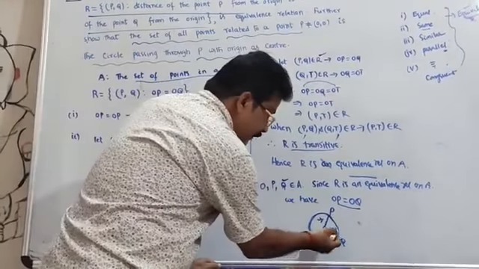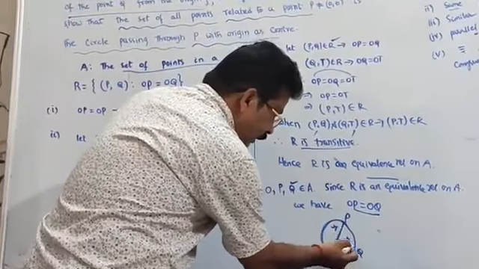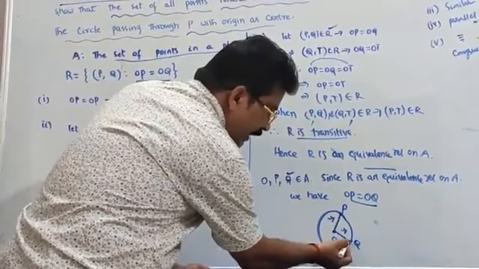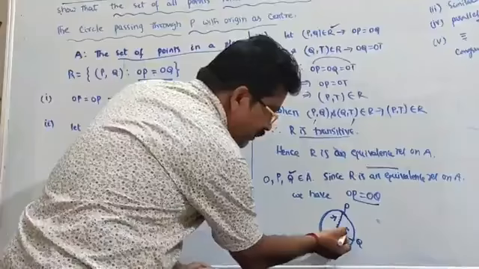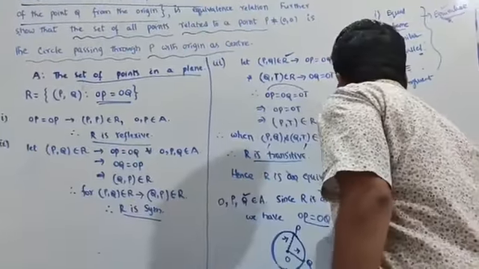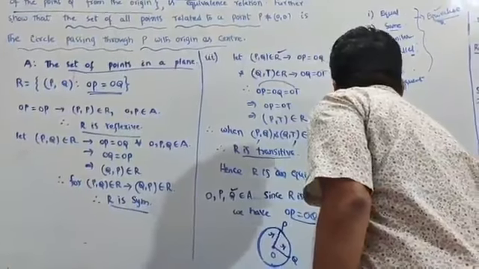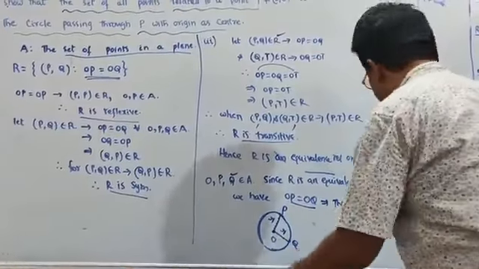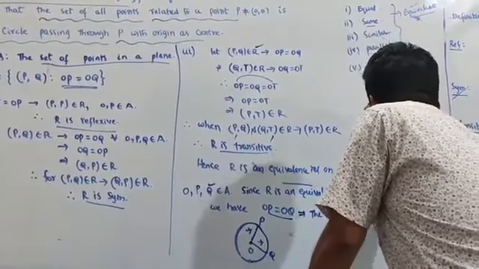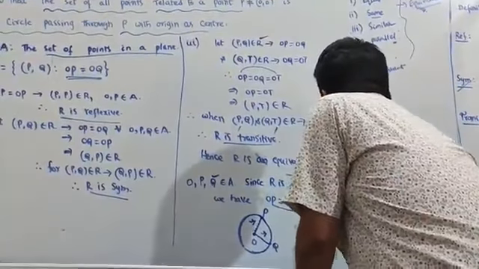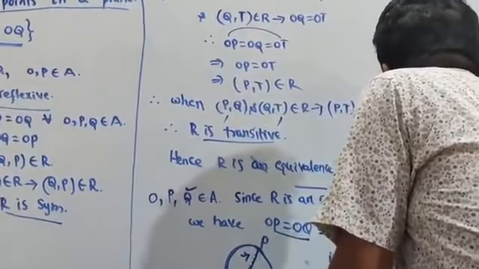Hence it follows that the locus of capital P or capital Q is the circle,